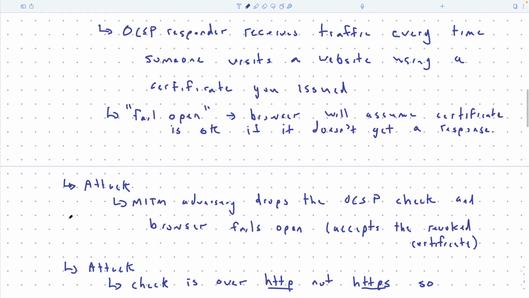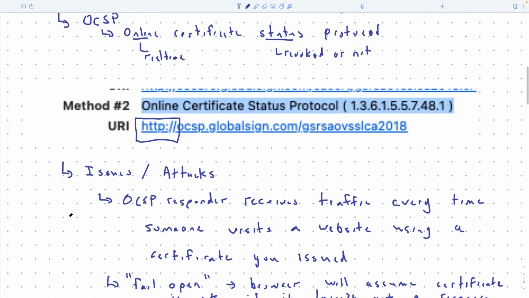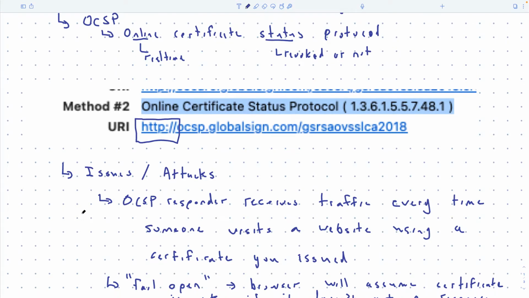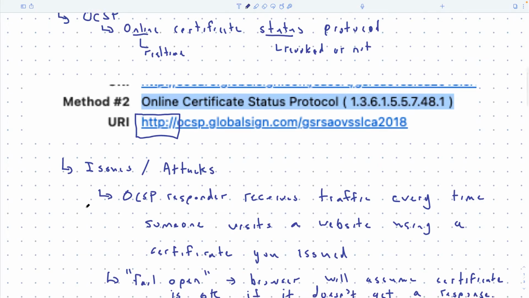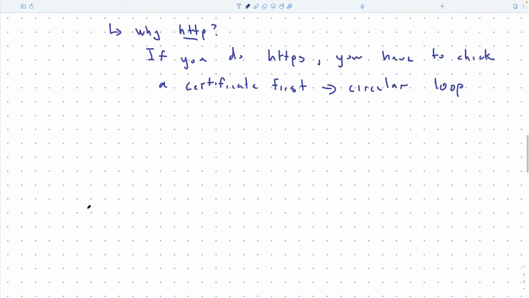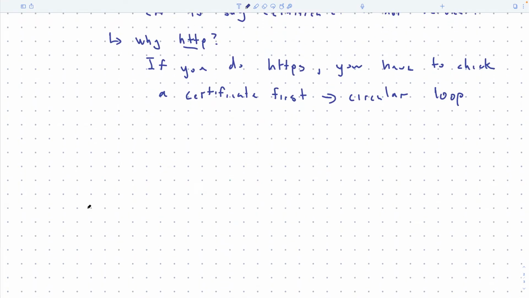Okay, so OCSP basically doesn't work very well. And the consequence for it is revocation on the internet doesn't work very well. Okay, it's sort of a best effort. There is a chance that you ask and maybe the adversary isn't present at that particular time, or they're only on your connection to the website, they're not on the connection.